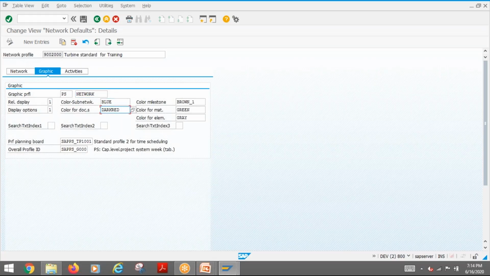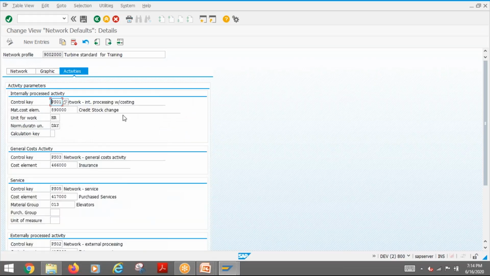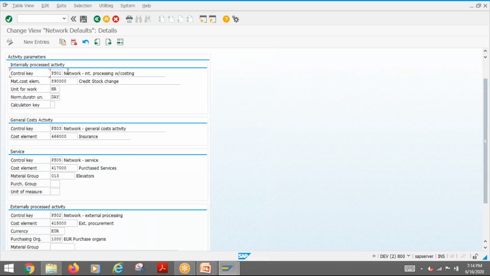Basically, you can keep the same standard as it looks, or you can play around with how the profile should look and what the ID should look like. Then when it comes to the activities, here you can specify which control key should be taken. Okay. Then this is again related to